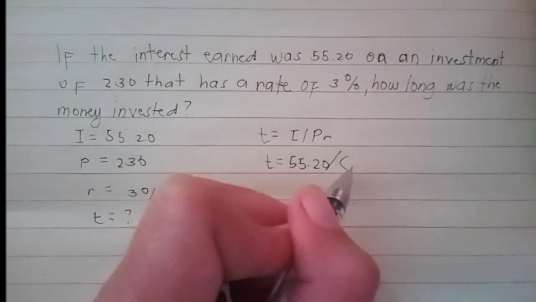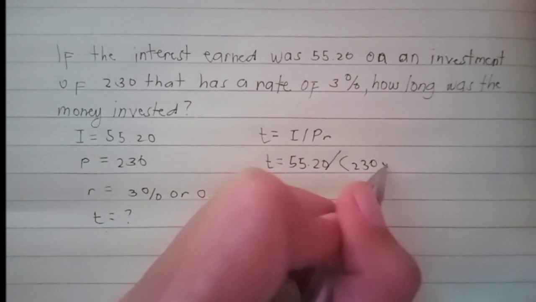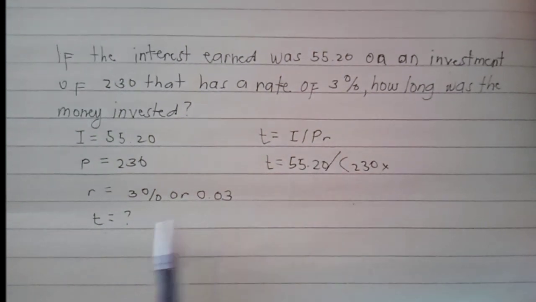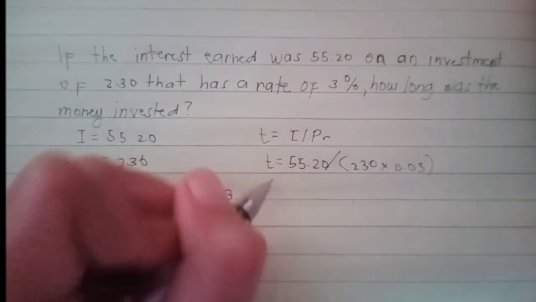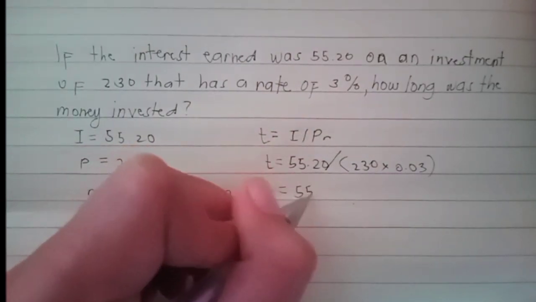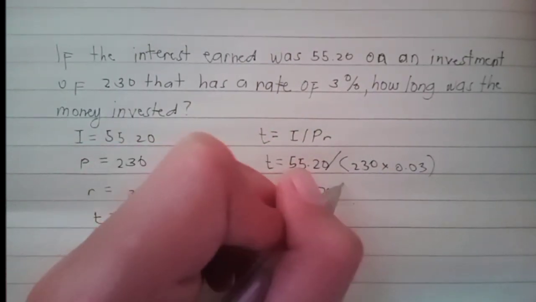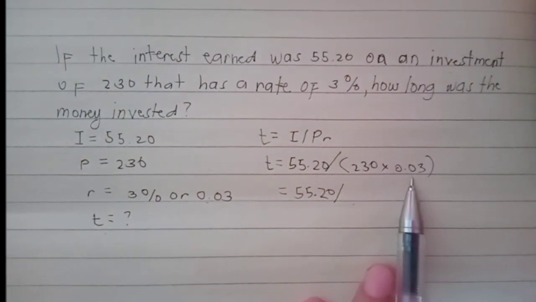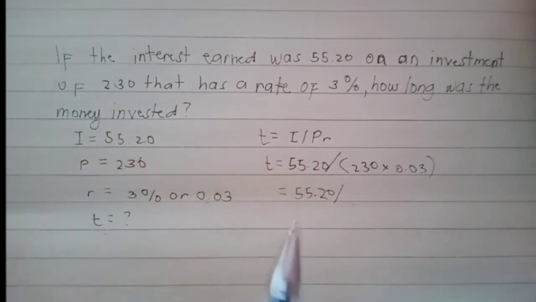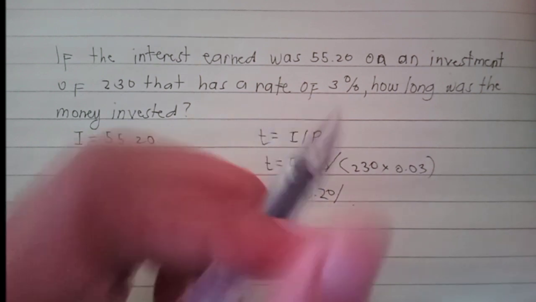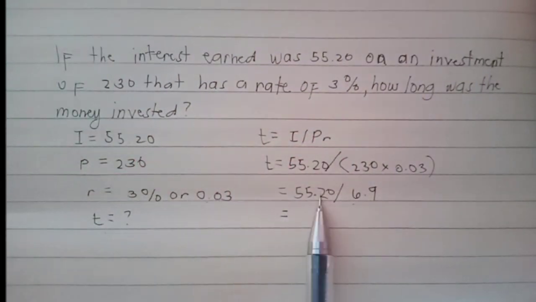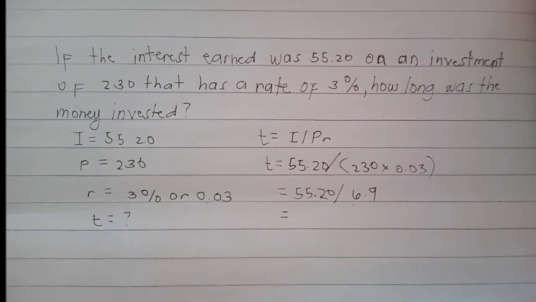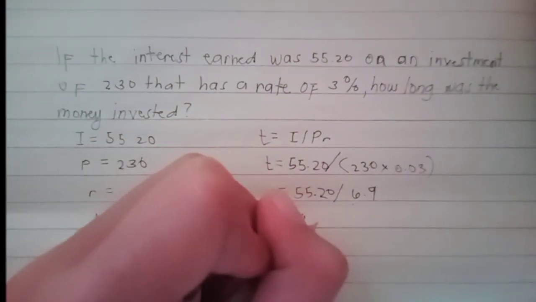The value of principal is 230 times the value of rate, 0.03. So copy the value of interest 55.20, then 230 times 0.03, so we've got 6.9. Then divide it, so we've got